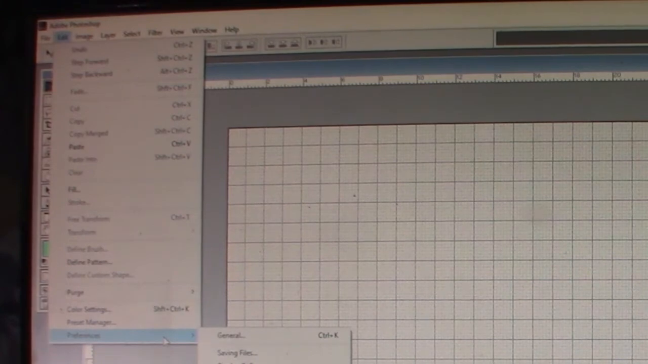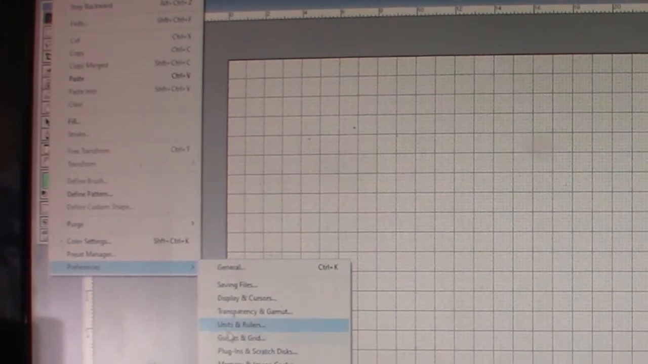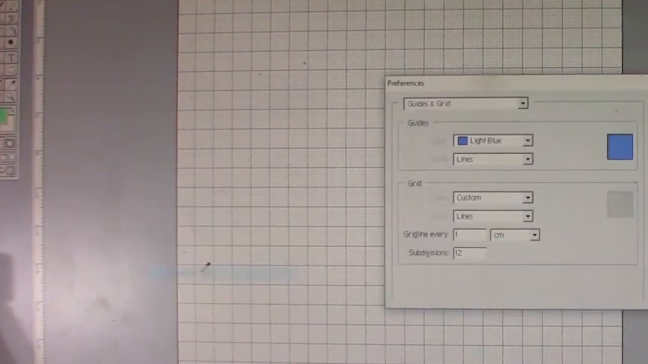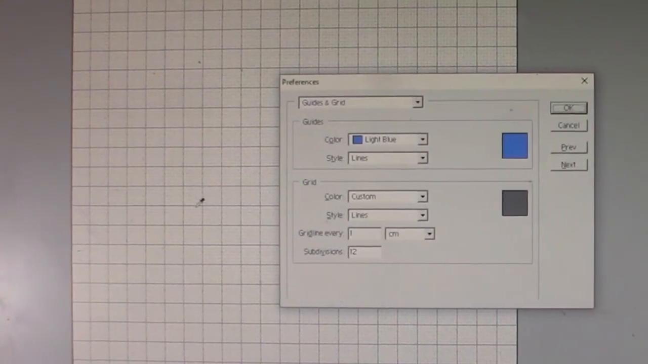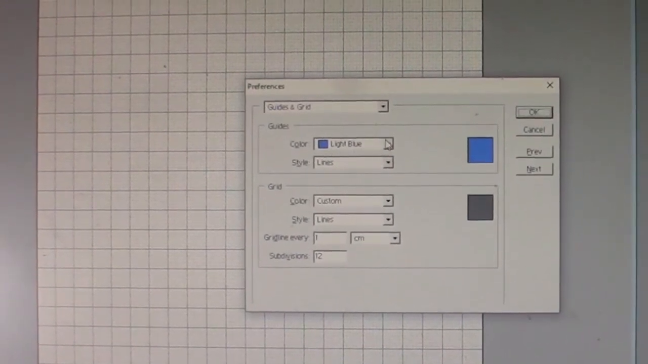Okay, preferences, guides and grid. This color you can choose whichever color you want. Then you go down here, you have a grid line every 1 centimeter. Subdivisions 12. So we've got that put in. We'll go OK. And now when we zoom in,